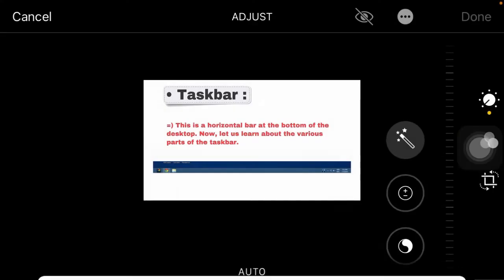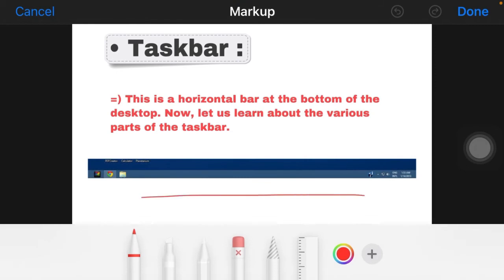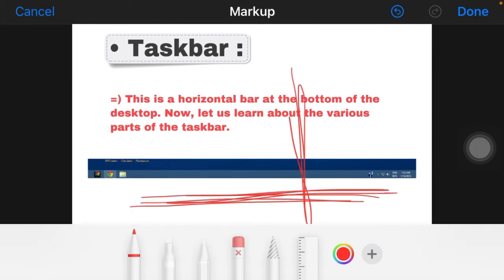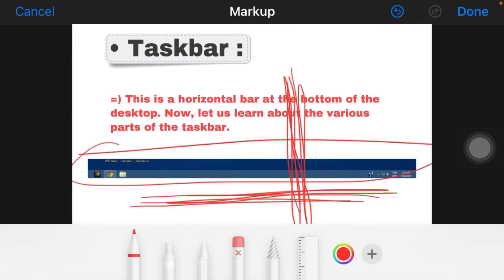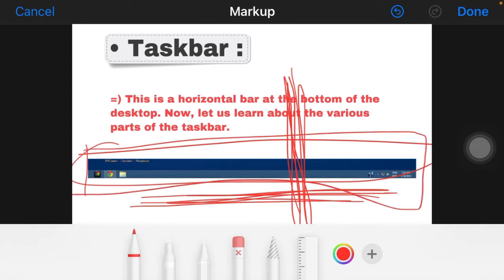This is a width line, called a horizontal line, and this is a standing line, called a vertical line. Our taskbar is given in a horizontal way, at the bottom of the desktop on our computer screen.